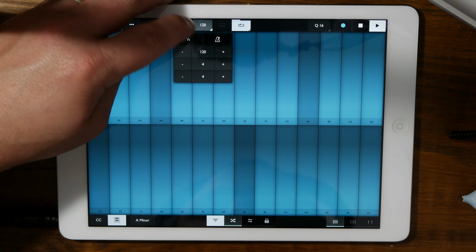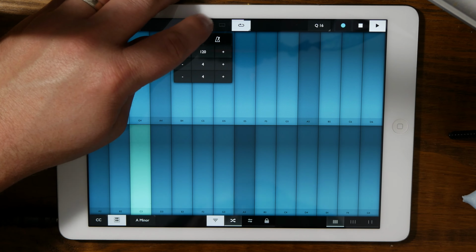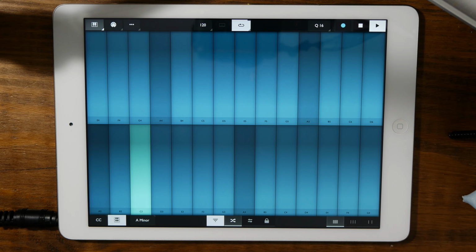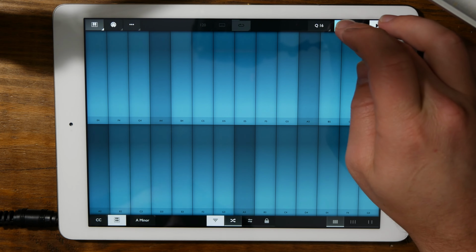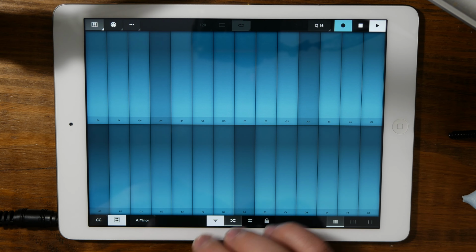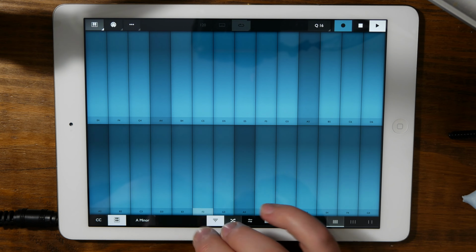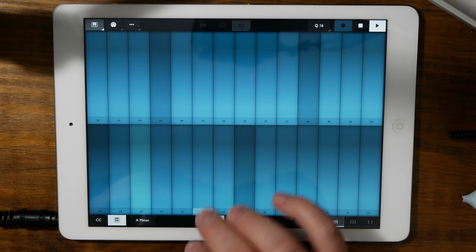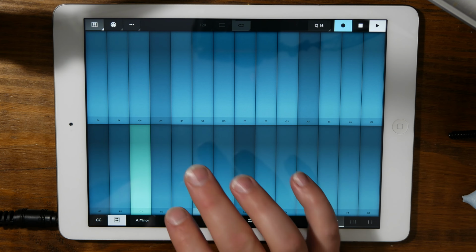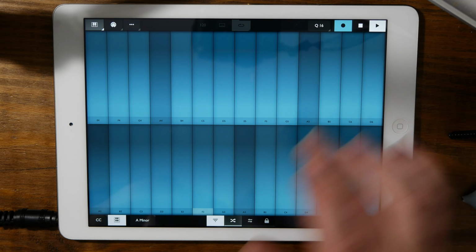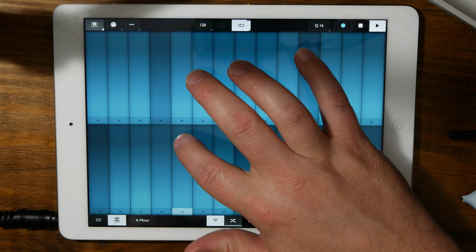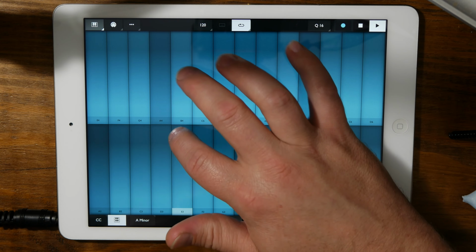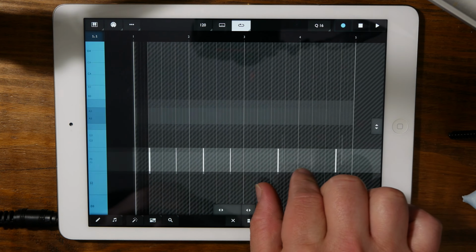Hold on, let me find, there we go, we can turn the tempo on. Oh yeah, the metronome's not set up. That's something else. It has a built-in metronome, but it sends it out to something, and so it's kind of awkward, but anyway. You can hear how the velocity goes. Now that recorded in,